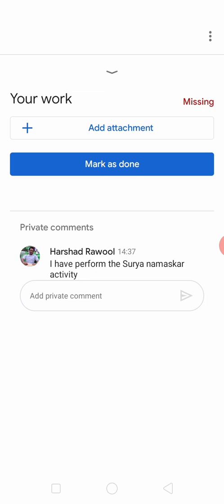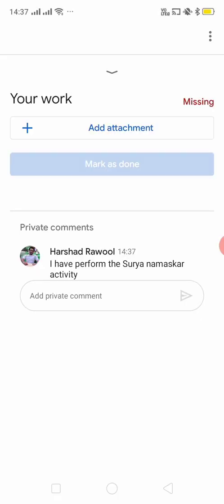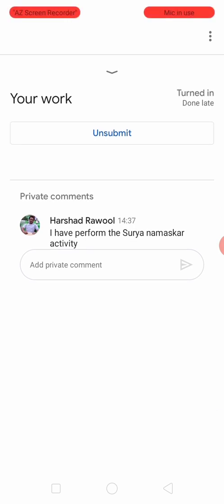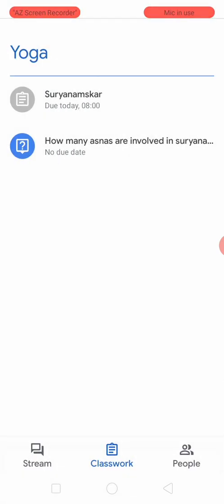Once you have sent and marked it as done, it will be done. Okay, once you have submitted, click on the top arrow so that it is minimized. Now click on the back arrow to go back to the same yoga content.